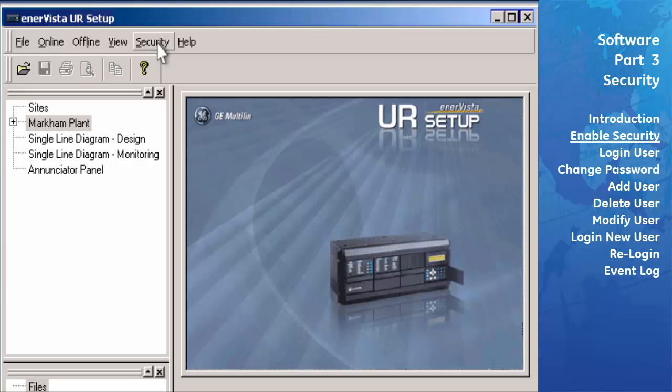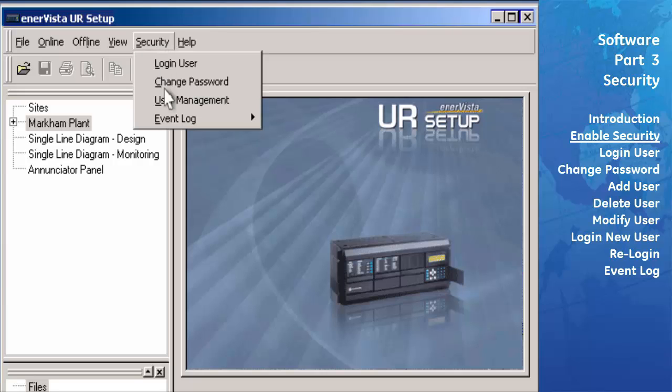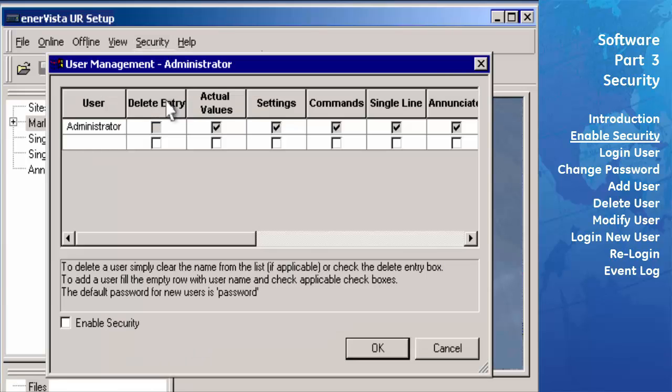To enable security, select the menu item Security and click on User Management. The User Management dialog box will now appear. This screen consists of a user entry area and a checkbox labeled Enable Security. The user entry area, which resembles a spreadsheet, is where you will create or modify the user's security rights. Each row of the spreadsheet outlines the user's security rights, while each column will specify what right